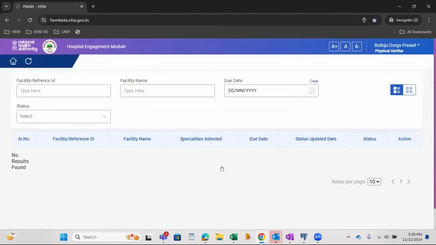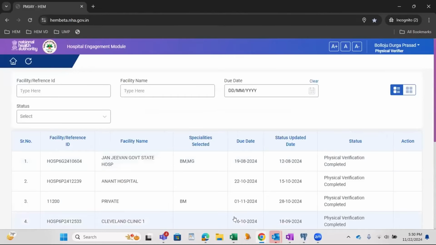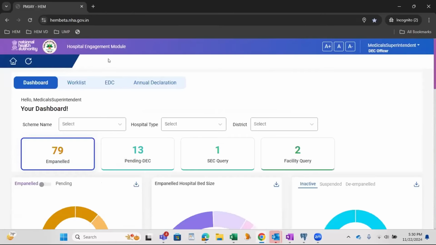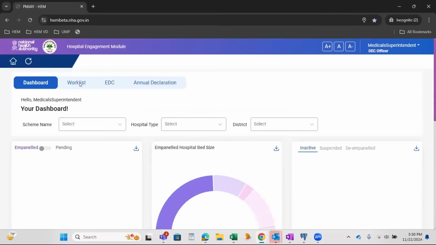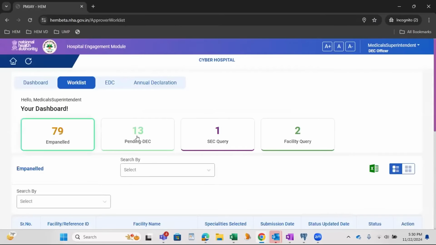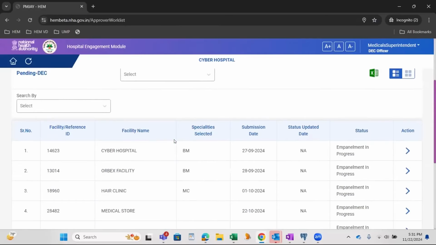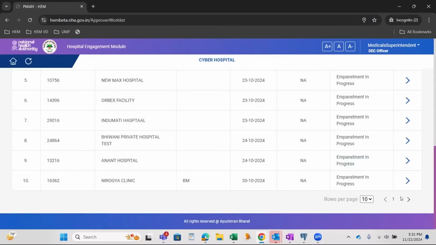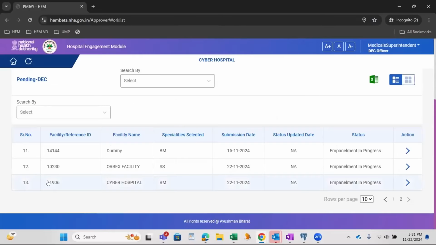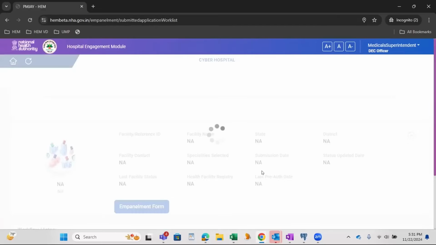Now this physical verification is submitted by our TPA. It will navigate to the DEC user who initiated the physical verification. It will come in the pending DEC card. This is the record. I click to open the record.